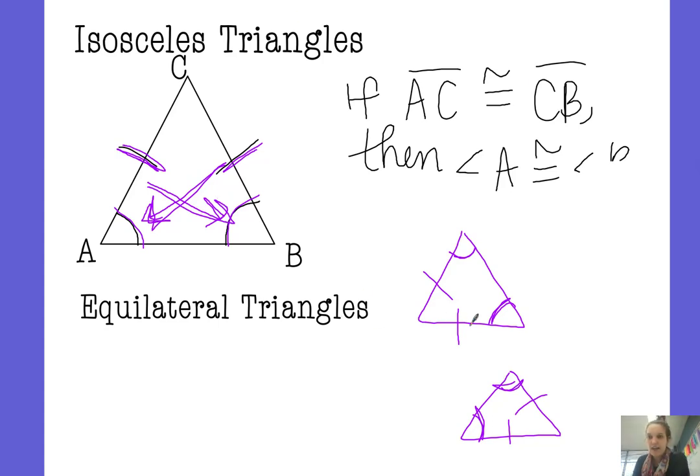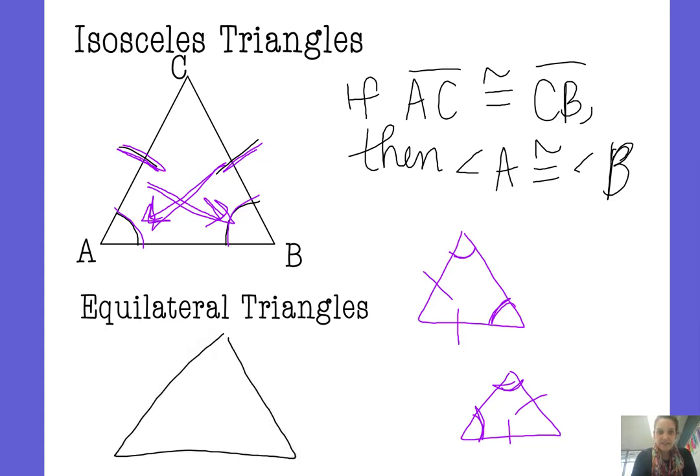The converse of this is true as well. If those base angles are congruent, then those sides are going to be congruent as well. So in an isosceles triangle, you have two sides that are congruent, and then you have the two base angles that are congruent. So sides and angles. Sides, angles. And an equilateral triangle,